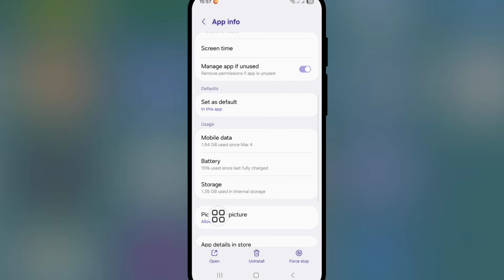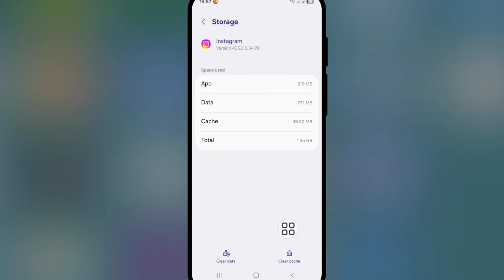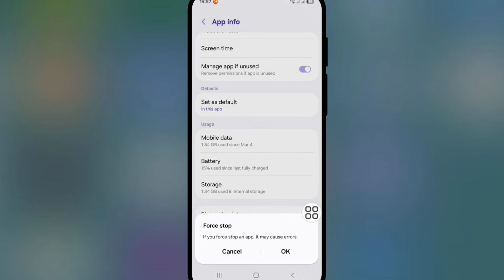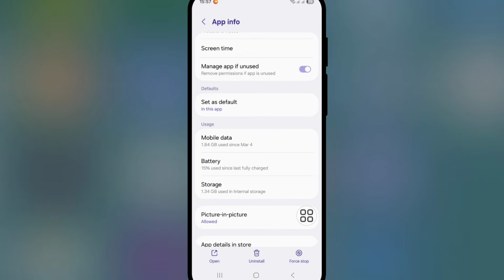Go to the storage option. Clear cache of your Instagram storage. Don't click on clear data. Now click on force stop. Click on OK to confirm. Go back to the home screen